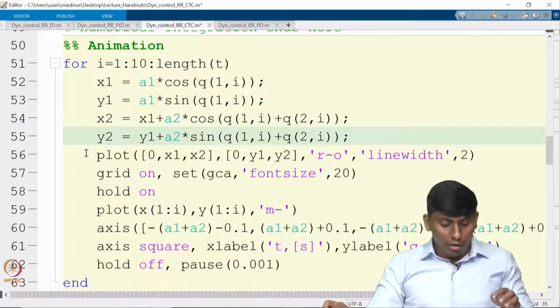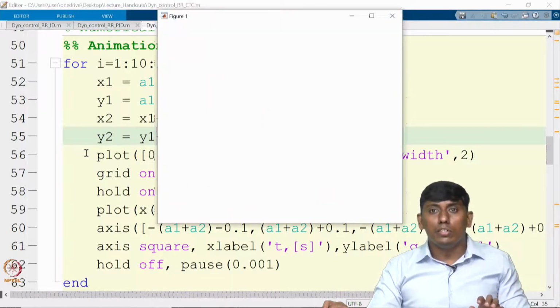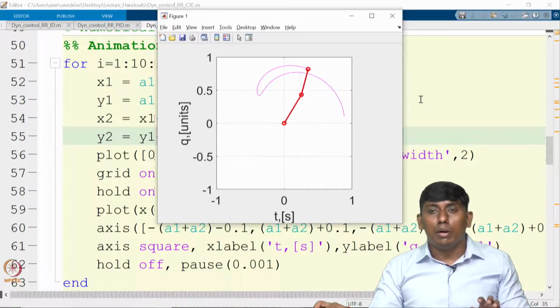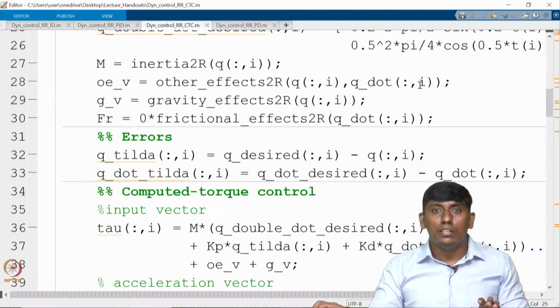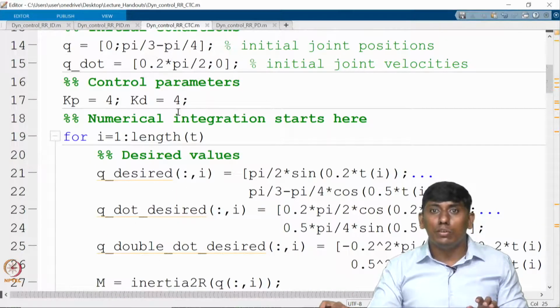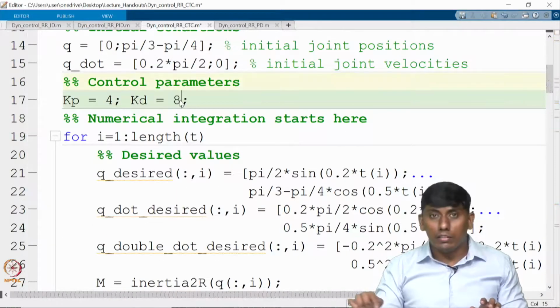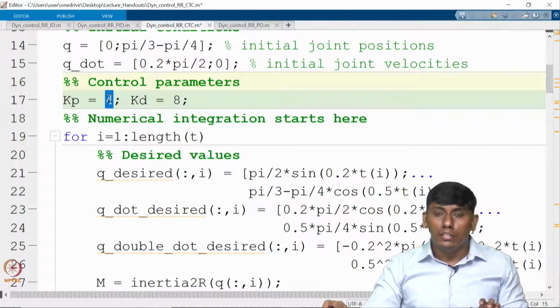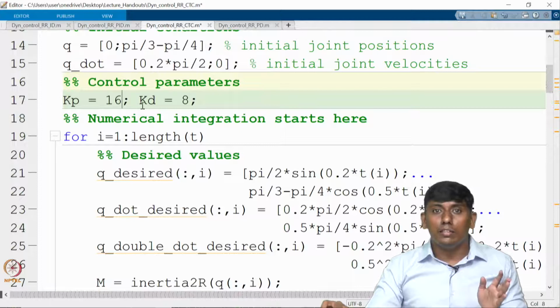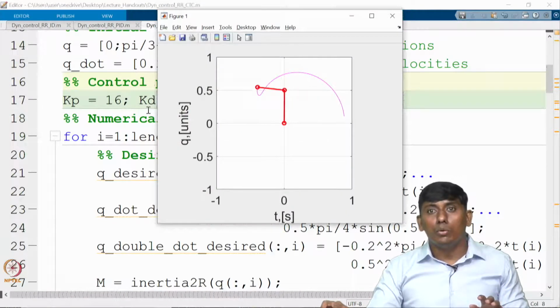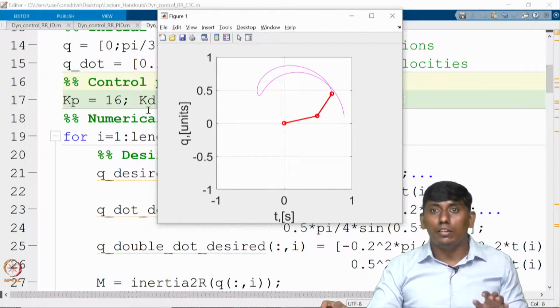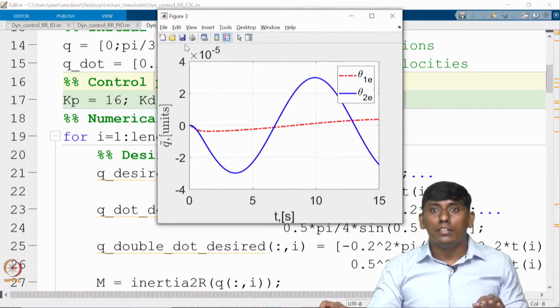So now we'll go back to the one which we have tried. Now I will increase the Kp and Kd. You can see that the error value can decrease or increase based on this. So now I am saying that this is 8 and this is probably 16, as I said, right. So this is 2 omega, this is omega squared. That way I have made it, you can see, much further reduce the error, right. So now you can feel it.